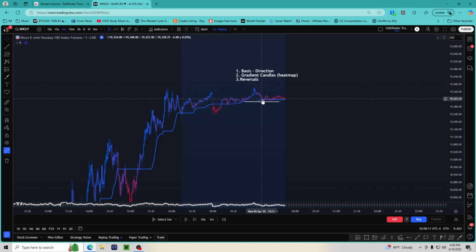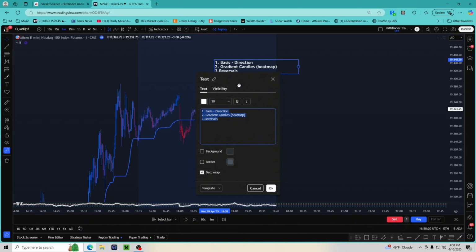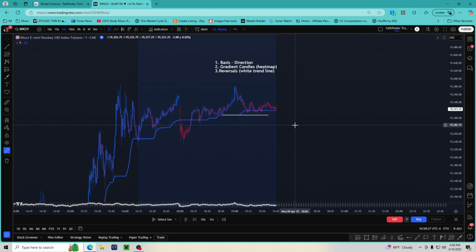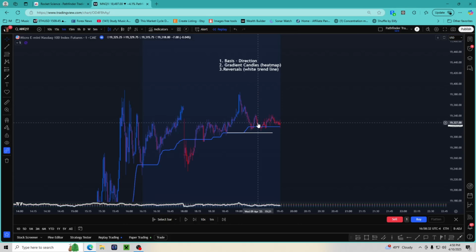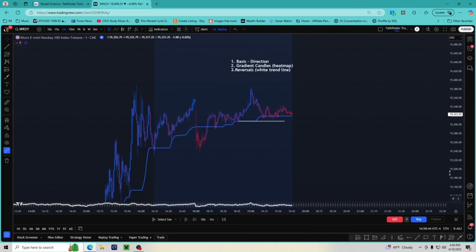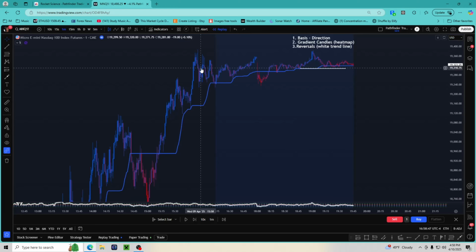The line that you need to be paying attention to is your white line, okay? This is your white trend line. And that extends right by default about 50 candles, okay? As long as your price is staying above that level, you are in what you would consider a strong uptrend. So you can see these previous levels, the market pulls back and continues,